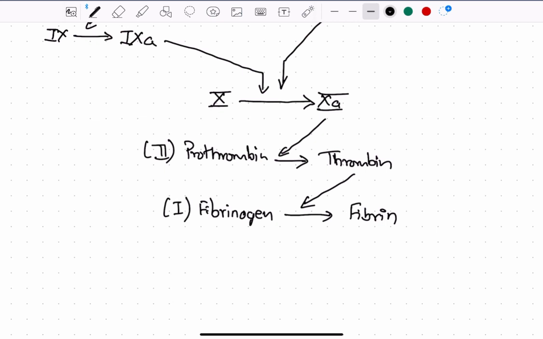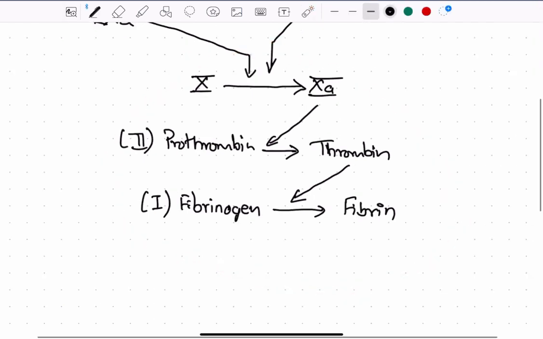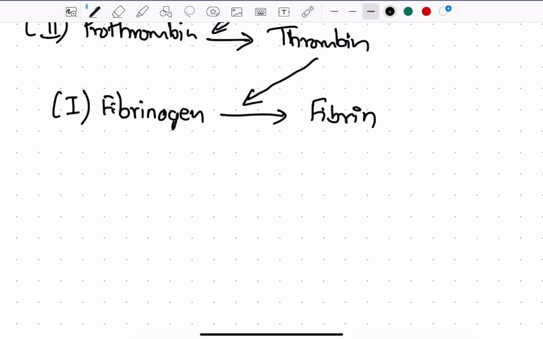Fibrinogen is also clotting factor 1. So these are the common pathways. Now just in addition here, the fibrin that's formed at the end of this pathway, it's a fibrin